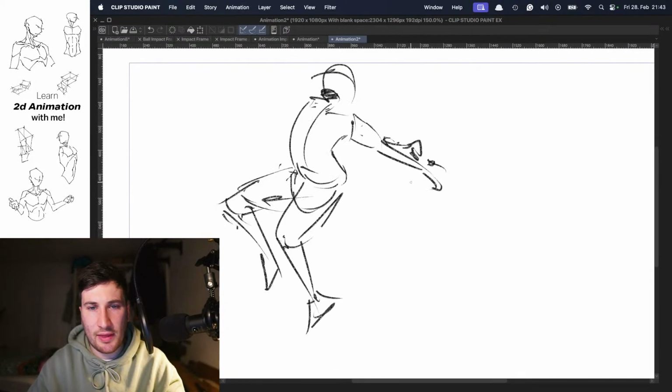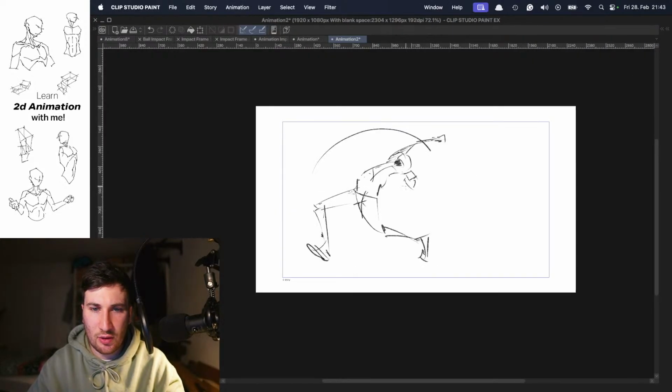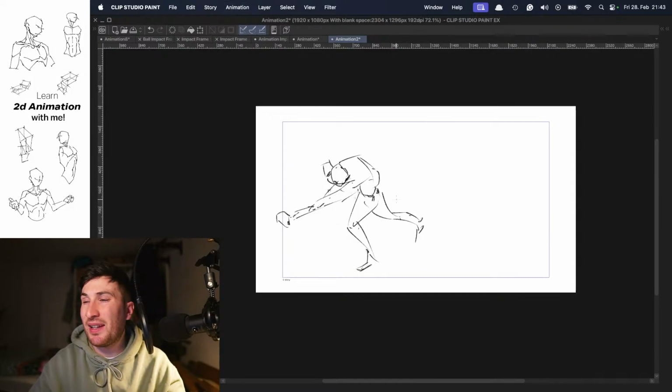So something like that. The movement here is not working out perfectly, but in general,